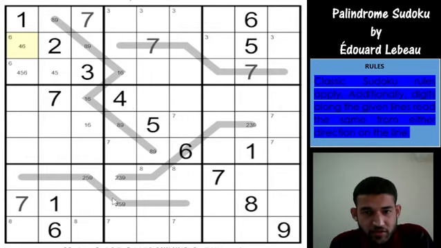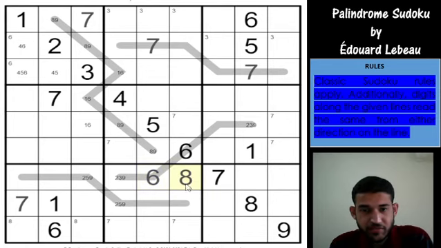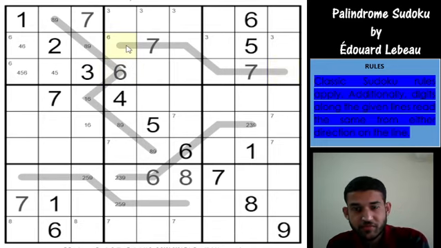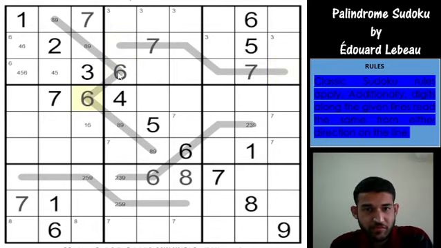Okay. So we can place the 6 now, guys, in box 8. 6 cannot be here, and 6 cannot be in these two cells, as that would force a 6 here, which means 6 is in these two cells, but because of this 6 we get the 6 here and the 8 here, and which means 6 must be in one of these two cells. 6 is easily ruled out from here because this can't be a 6, so which means that's a 6, that's a 6 because of palindrome,